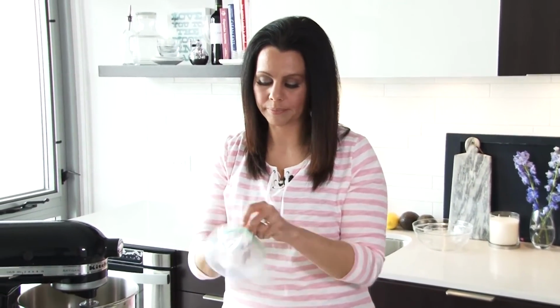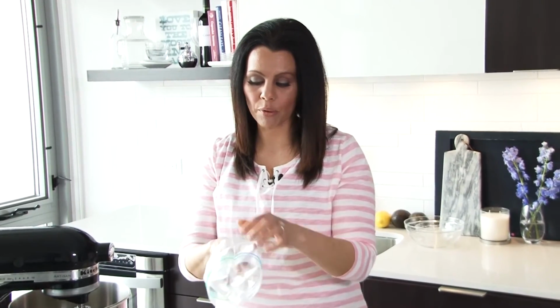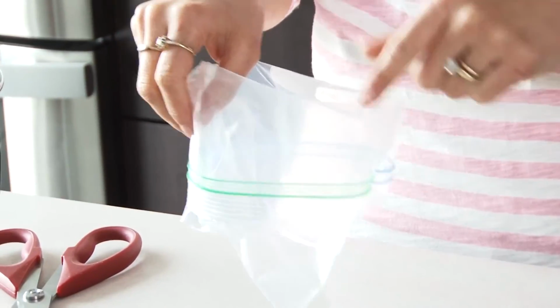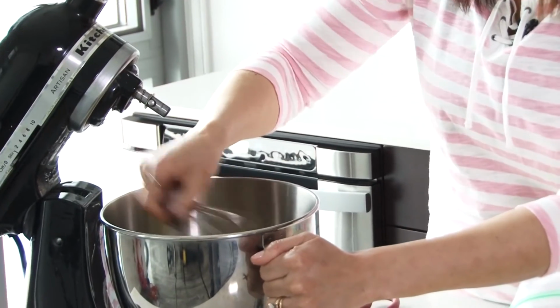So you're gonna fold over the top of your bag like this. This is just to keep things from getting so messy. And this little part you're folding down will also end up being a little handle for you to pipe your filling into the shells. All right, so we're gonna take this, open up our mixer there,